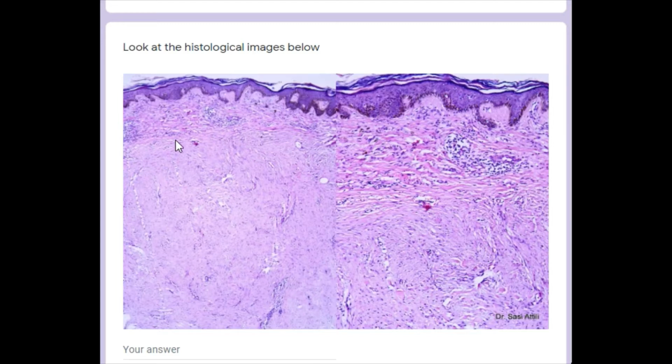Collagen fibers seem to be parallelly oriented here, but here they become more whorled or vertically oriented, in a nodular pattern as well. If you look at the epidermis, there's slight acanthosis. Now this is reactive. This is not part of the problem, but because there's so much inflammation here, which can happen in a number of conditions, there is slight reactive epithelial hyperplasia, also associated with basal hypermelanosis and elongation of rete ridges. You can see that here. And there are a few inflammatory cells in the papillary dermis and the upper reticular dermis.